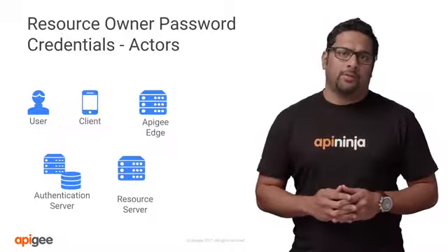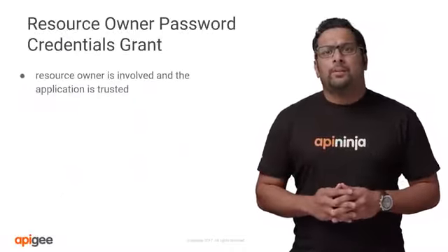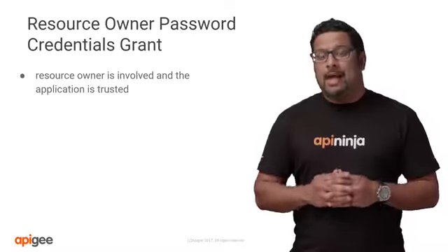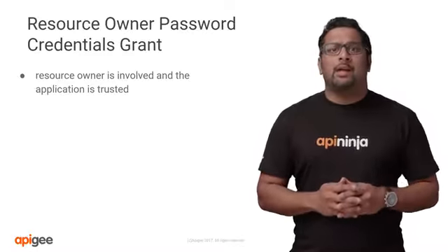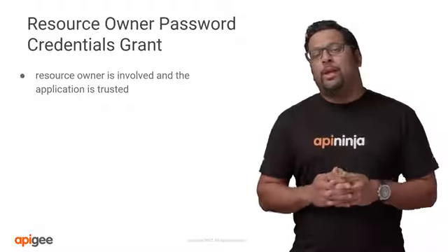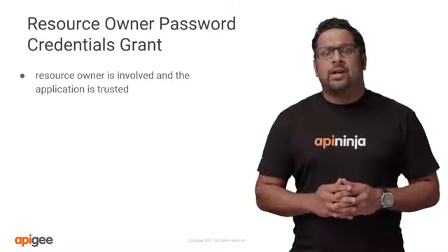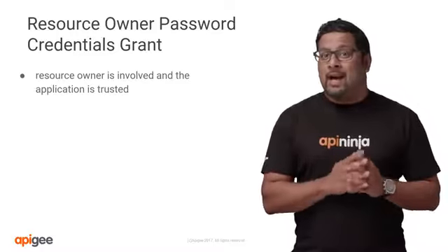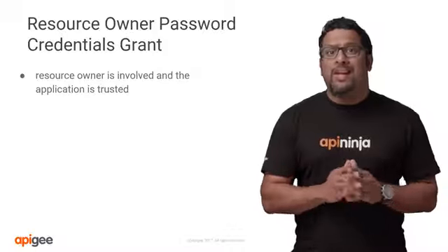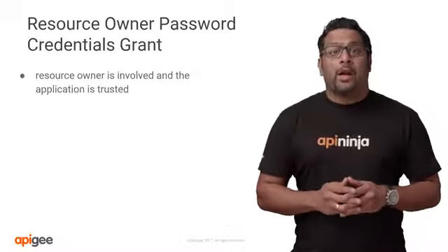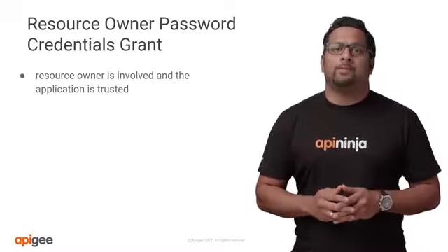the protected resources. The resource owner password credentials, that is the username and password, can be used directly as an authorization grant to obtain an access token. This credential should only be used when there's a high degree of trust between the resource owner and the client and when other authorization grant types are not available.